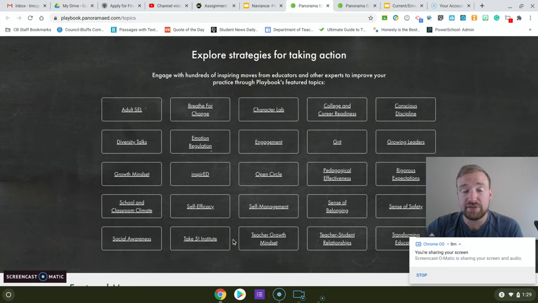And it doesn't have to be from the survey either. It could be something that you're just seeing in your classroom every day, and you think, oh, well, we need some help with the school and classroom climate, or we need to help with growth mindset. And we can absolutely do that, and we can focus on that, and we can provide those opportunities for students.